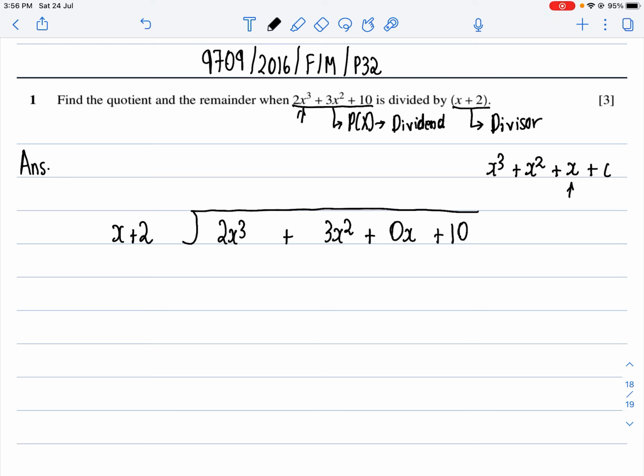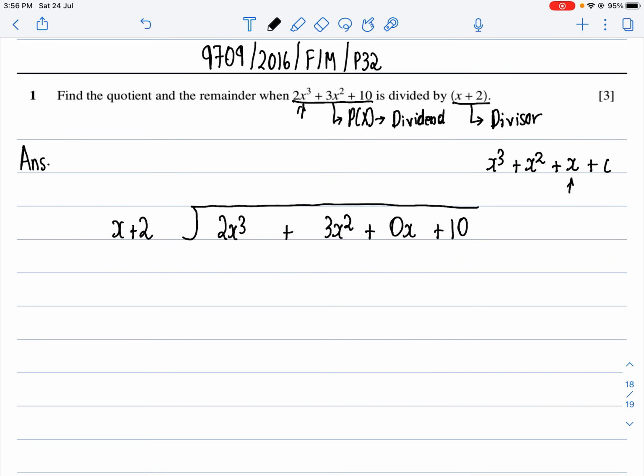Okay, so it doesn't make a difference. But for full division, you need to maintain this order. There'll be many questions in the past papers where you'll see that this order won't be maintained. So you need to write the 0x square or x, whatever is missing, because in some questions